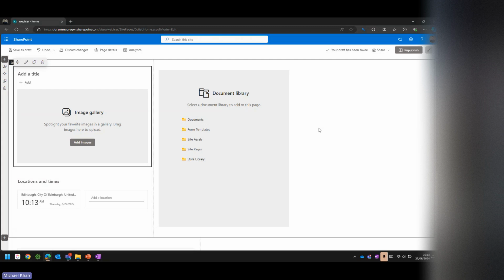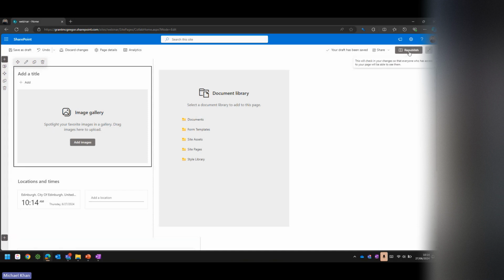And I think as well I was talking about the communication site. If this area here can be utilised efficiently, then there might not be a need for another communication site. You may be able to get all your news and communication across just on this one landing page here, and it would allow you to manage everything in one place. So if I go to the top right hand corner here and just republish that,